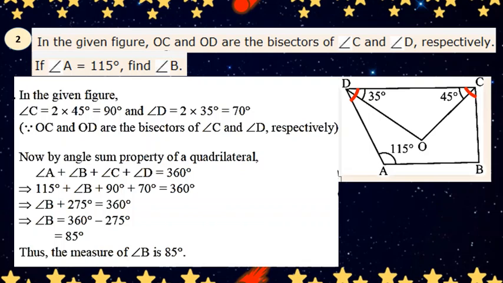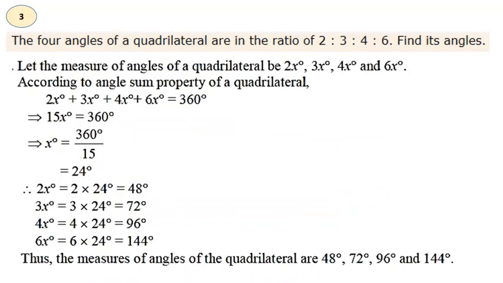Angle A is 115, marked two red angles and then angle B. Together 360 degrees. Yes. Next question. This one we have solved in the previous class. We had one such question, I remember,